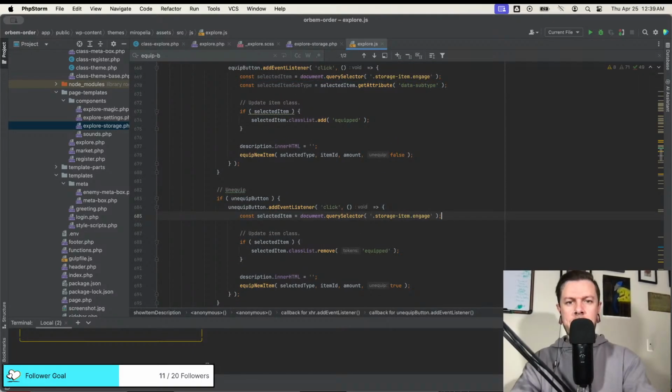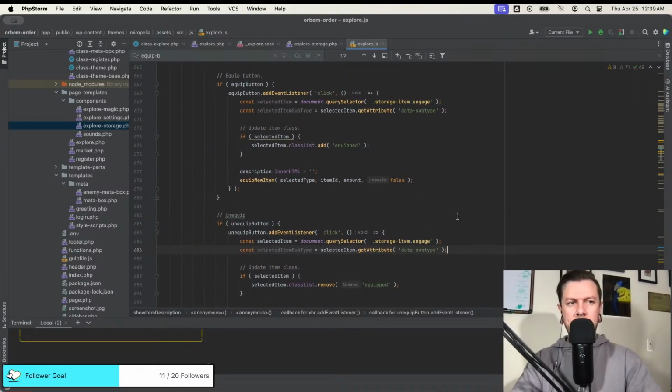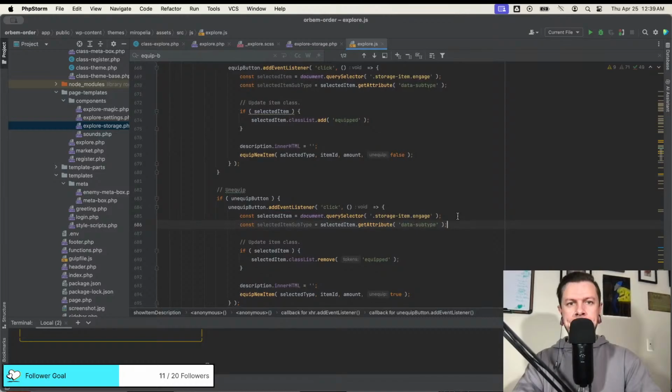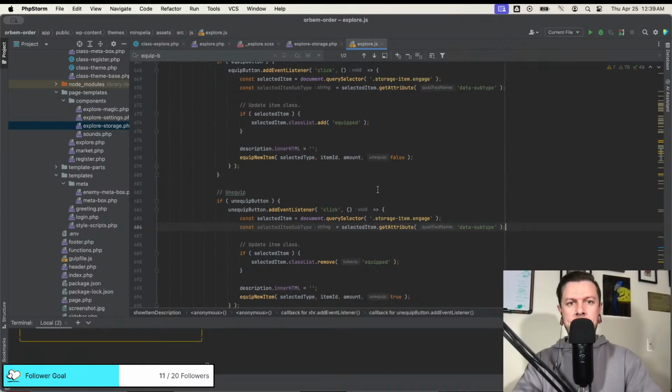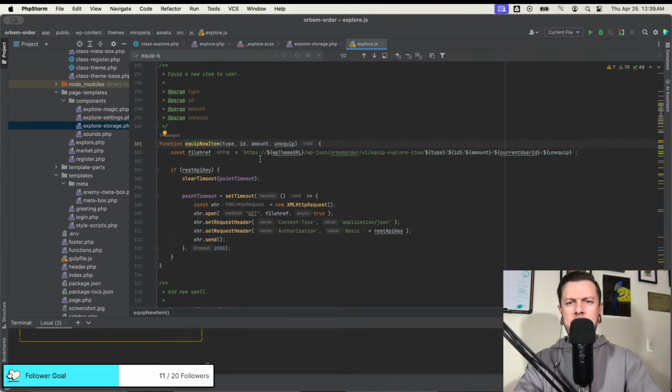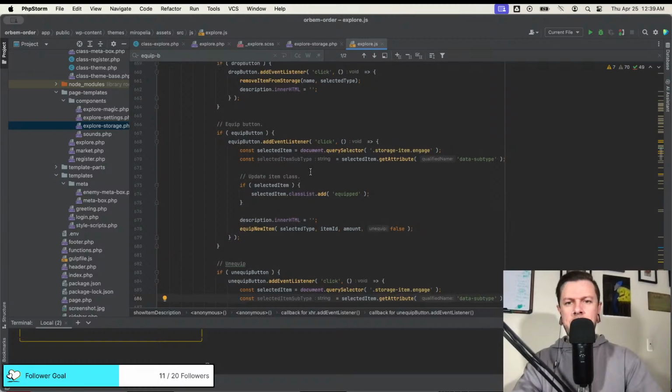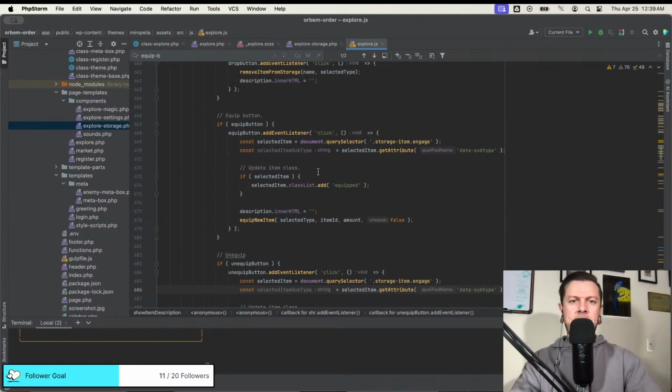And we need to do that here as well. I know this is very duplicative. It's not very DRY, but that's fine. And so this goes down. Equip new item happens, which is just actually doing this database saving part. Okay. So now I need to fake the other one.